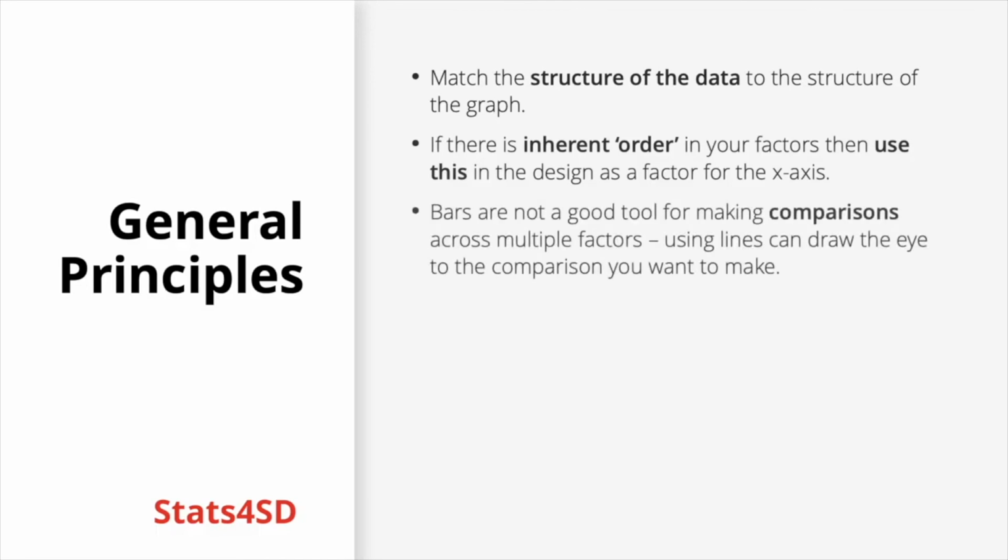Generally, bars are not a good tool when we're comparing multiple factors. And it can also be quite easy to make misleading bars, where you can make quite big differences look quite small, or quite small differences look quite big, just by how you're drawing the bars. And using lines, using these interaction plots, draws the eye to the comparisons across groups better than a bar. The bars may be easier to read off the exact value against the y-axis, but when we're looking at a factorial experiment we're nearly always more interested in making comparisons across groups. And using lines is a much better way of drawing the eye to this.